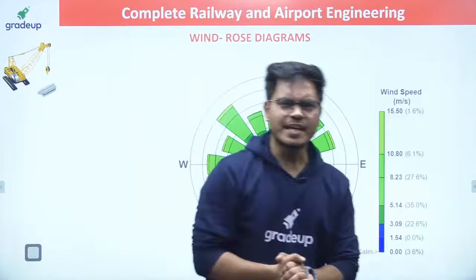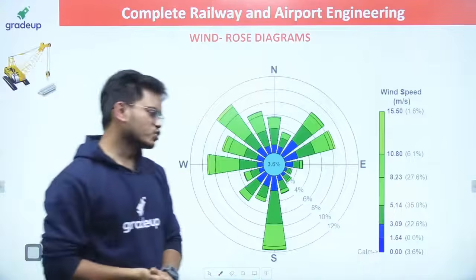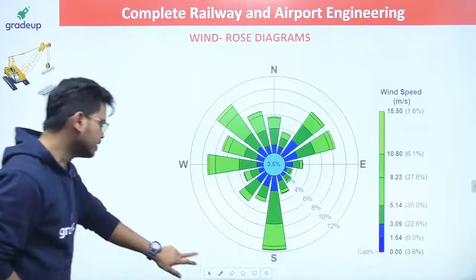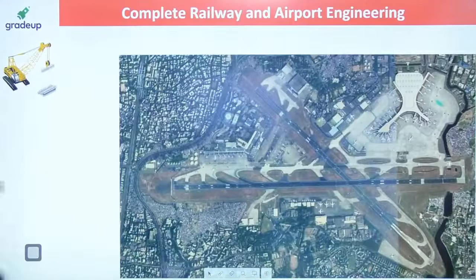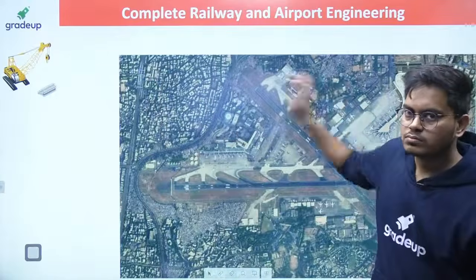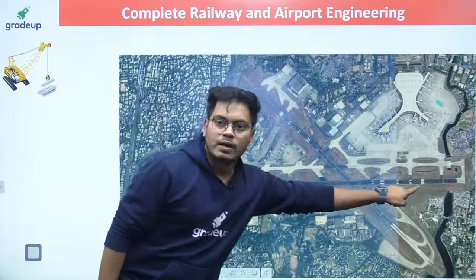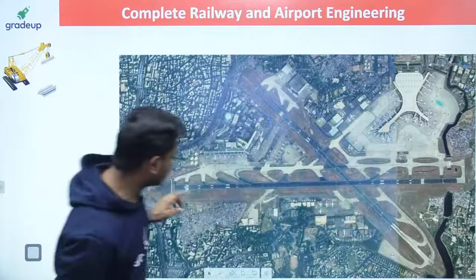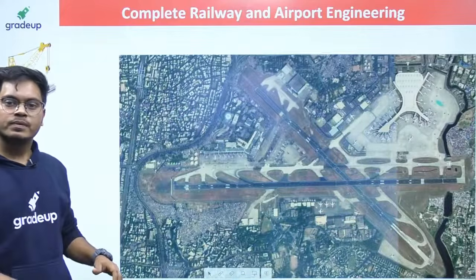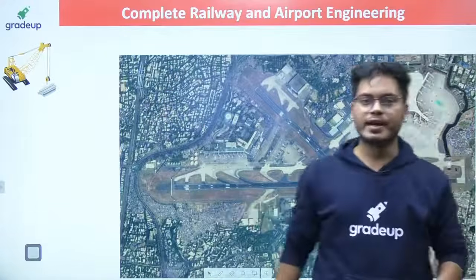Everybody quickly respond. Which airport in India has two runways in two different directions? Yes, that is your Chhatrapati Shivaji Maharaj International Airport. Yes, that is the correct answer. The Mumbai airport has two runways. As you can see, this is the Google image of your Mumbai airport. Can you see that there is this one runway, and then there is this another runway? The runways have different directions because the wind coverage was not sufficient in one direction. That is the reason why we have to provide two directions.